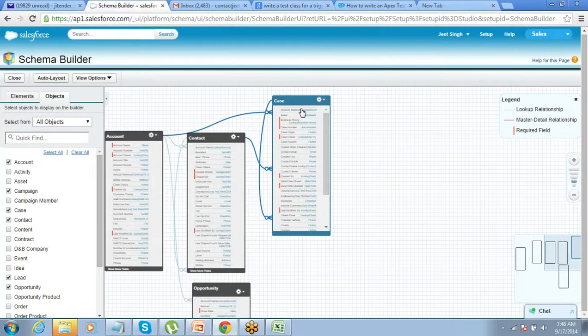So no matter which organization or which client you are working for, these contact, account, cases, opportunity, these will be same. But there might be some other objects that the client where you start working might have created, a few additional objects and all. The moment you start working on those, you have to kind of understand the data model at the back end before you can do anything. So that is it.